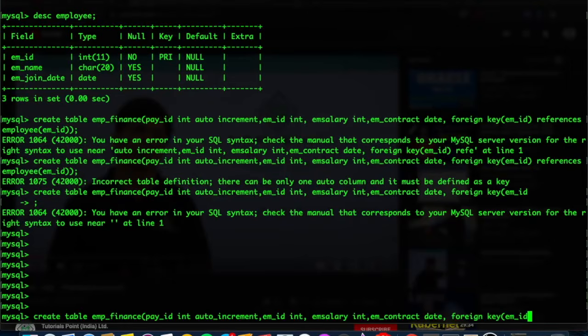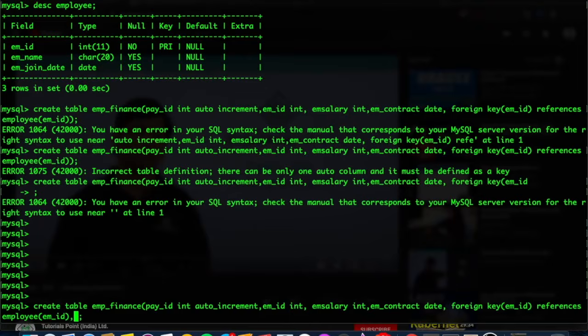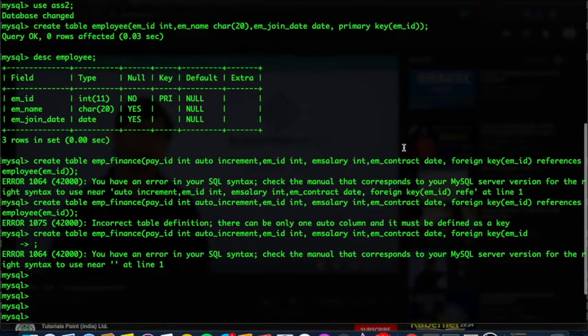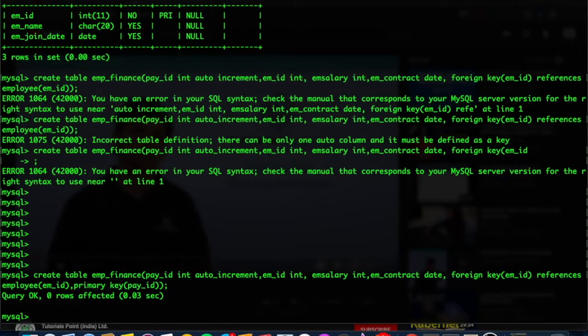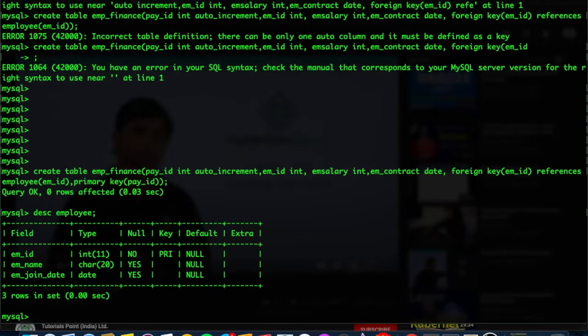So let's make this primary key. I think primary key you do pay ID, right? And I think yes. So now if I were to tell you DESC employee and DESC EMP finance,